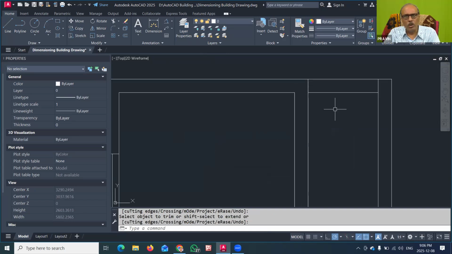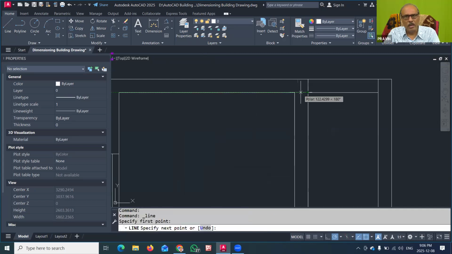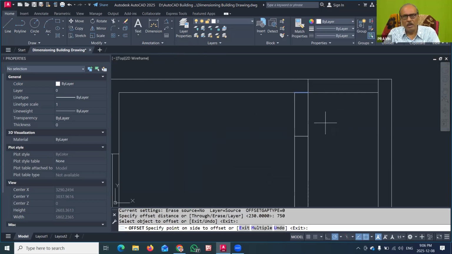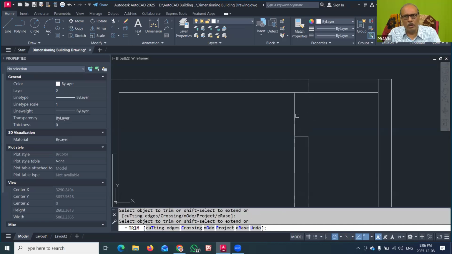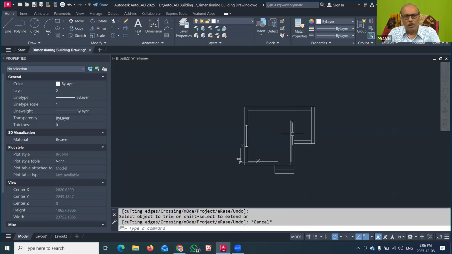So I have to show the door to the toilet block. So I can join this line again here, and the width of the door I can take as 750 millimeters, and I will offset this line down, and then I will trim the unnecessary lines for the door entry of the toilet. So you can see that this is the one small plan I have created having one room